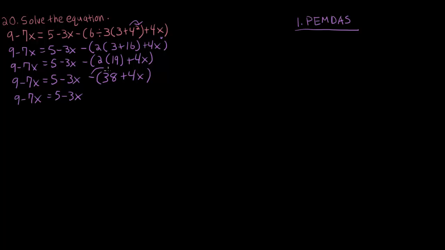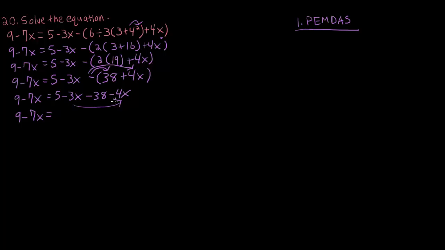Need to make sure to distribute this negative sign to both terms in the parenthesis. So negative times 38 is negative 38. Negative times positive 4x is negative 4x. Keep simplifying. 9 minus 7x equals